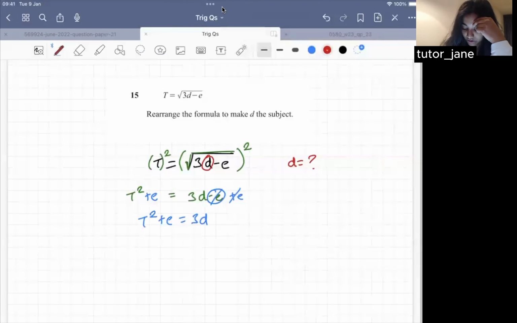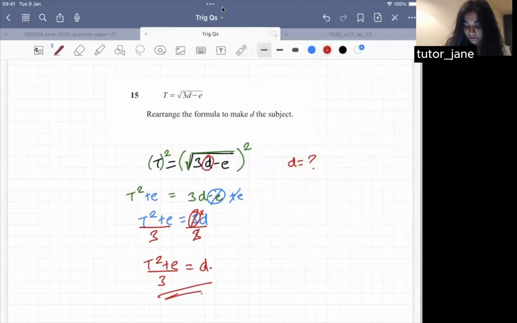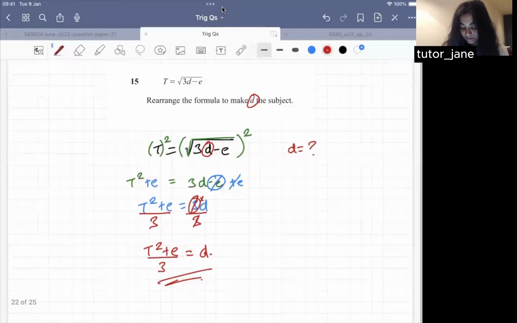Great, and now we've got the 3 left, and the 3 is currently multiplying the D. That's how we get 3D. So to do the opposite of that, we need to divide by 3. What we do to one side, we do to the other. So we get T squared plus E over 3 equals D. And this is the answer to our question, to make D the subject. And this is what you would put on the answer line,